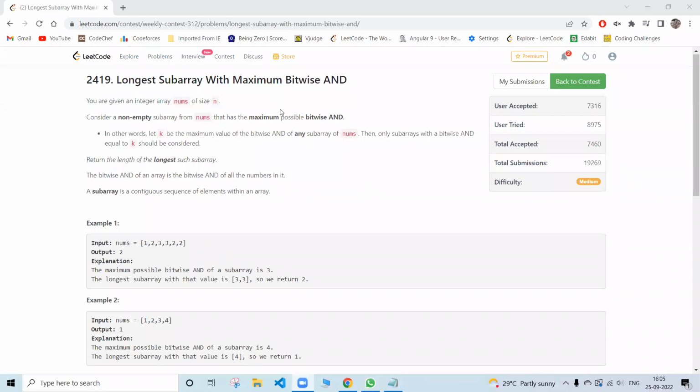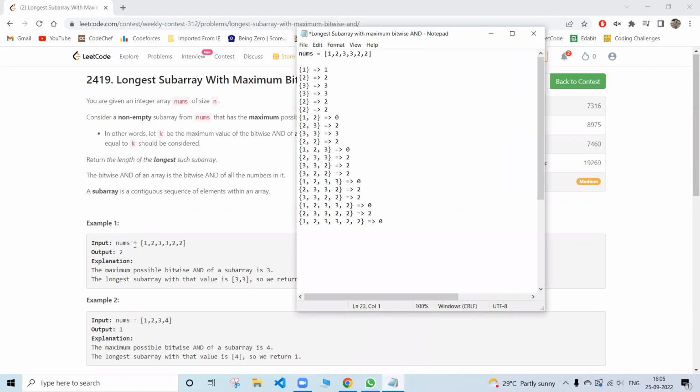The second question in the LeetCode contest is Longest Subarray With Maximum Bitwise AND. Basically, here we have to find the length of the subarray which has the maximum bitwise AND operation. So when we look into the given input and output format,